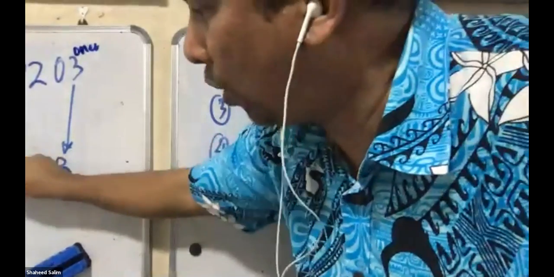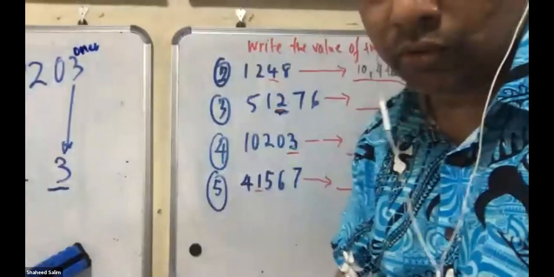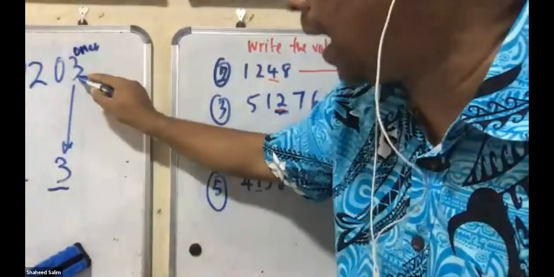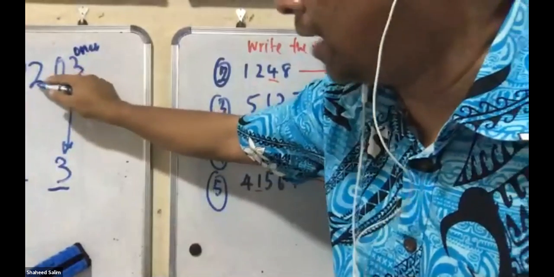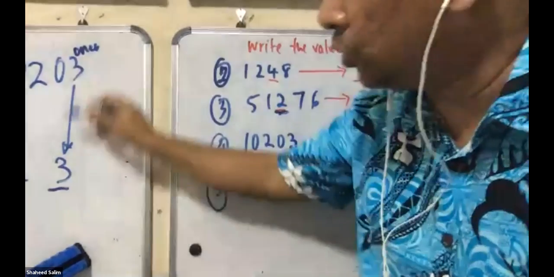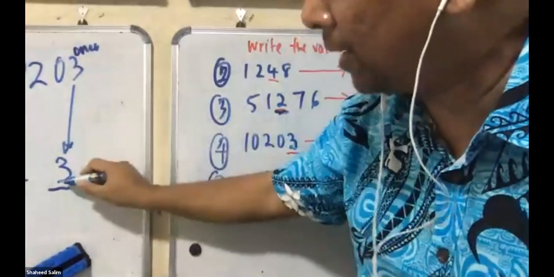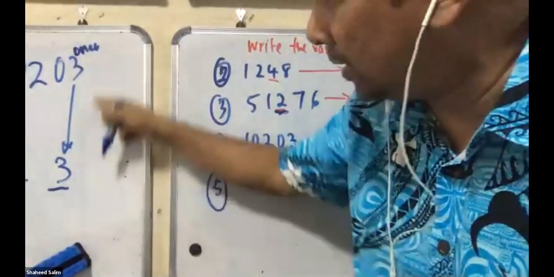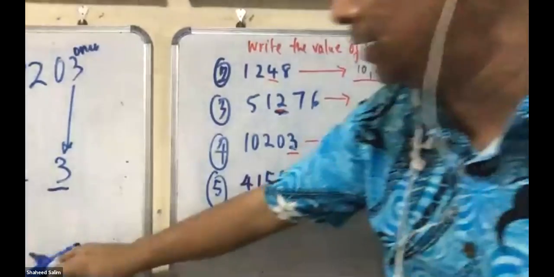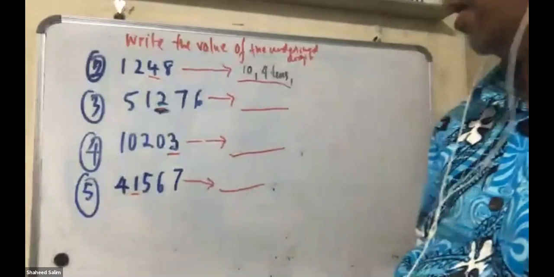But what place is it in? This is in the ones place. They didn't ask you for place. They asked you for value. Place means position. Position is in the ones position, tens, hundreds, thousands, 10,000s. But value, you draw the arrow and write the digit. If there's some more digits here, add on 0. But if there isn't, leave it. So it's just 3. Next one now.